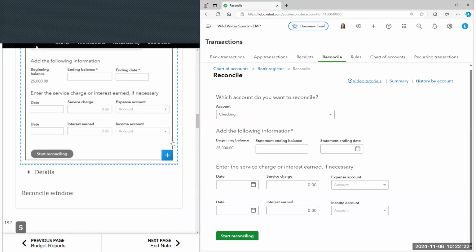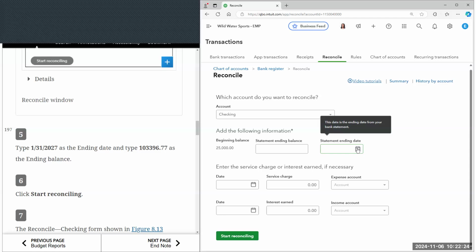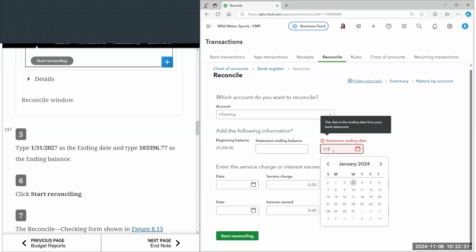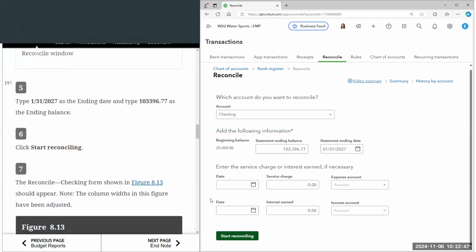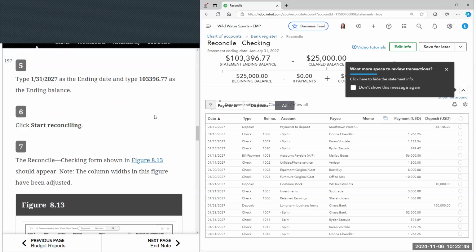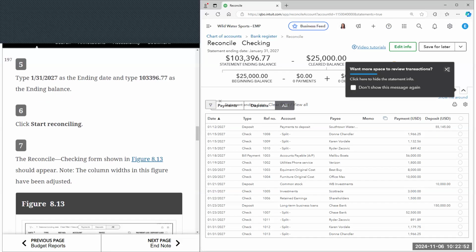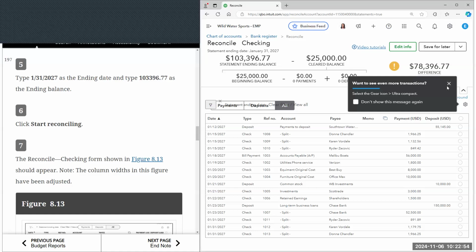And the beginning balance is $25,000. So for the statement ending date, it is going to be 01/31/2027, and then the ending balance is going to be $103,396.77. So once we input that information, we select start reconciling. And again, because this is